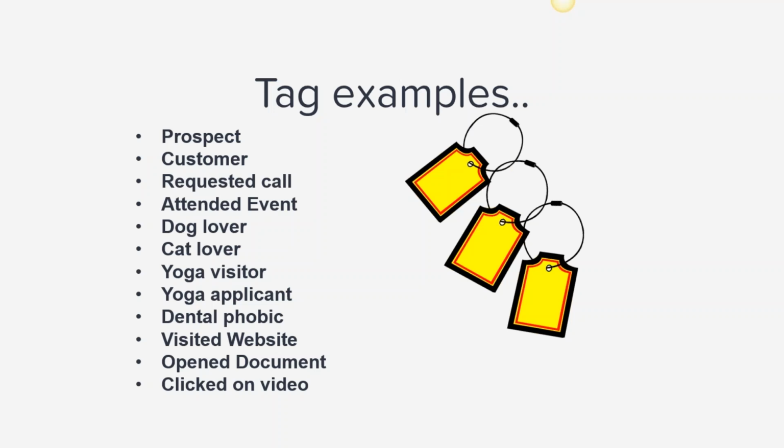And here are some examples. So we have prospect, customer, dog lover, cat lover, dental phobic, yoga, visitor. So those are some characteristics. You can use them as total characteristics of what that person is, or an action. So you can follow them in their engagement and their action. So they've requested or attended,